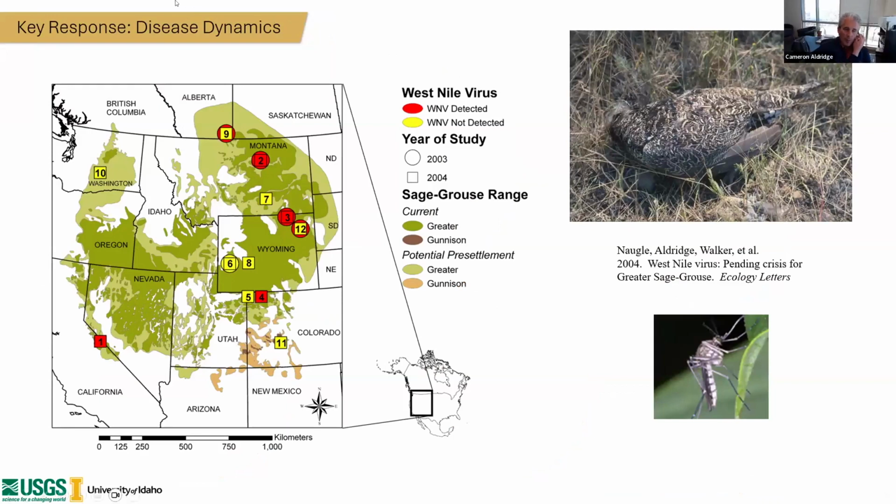So we don't know a lot about the disease dynamics and the potential implications for climate change, but it's thought that within these increasing warming temperatures, there might be more risks associated with disease. As an example, back in the early 2000s, associated with sage grouse, we saw the sweep of West Nile virus moving from east to west across the conterminous US.